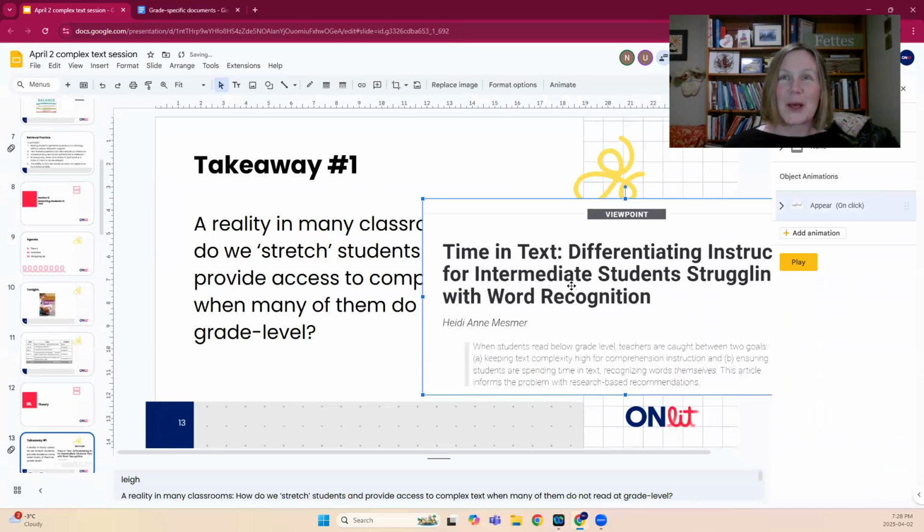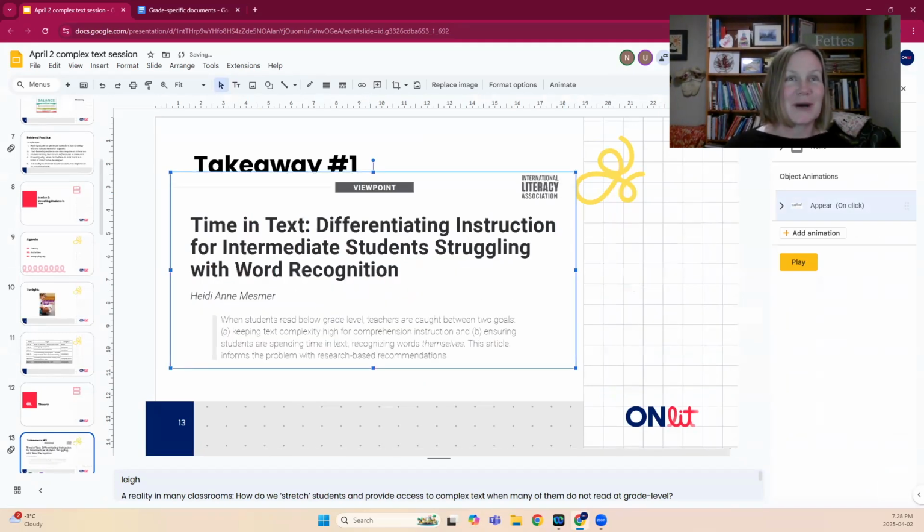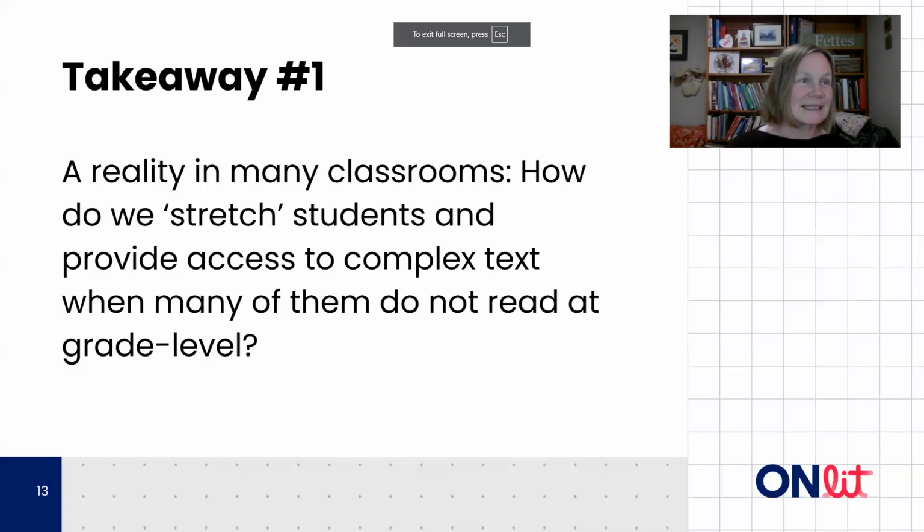There we go. This is a very low tech way to show this, but that's the way it is. Our animation disappeared. Oh, no, it didn't. That was right. I apologize. We had gotten into that. So yes, that's the article that we wanted to highlight and have you take a peek at.